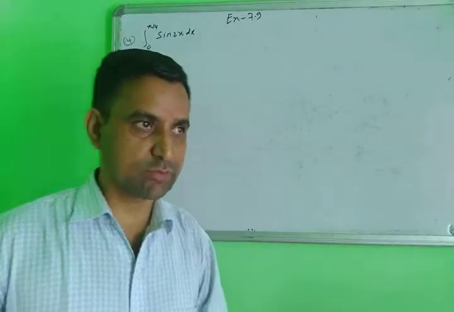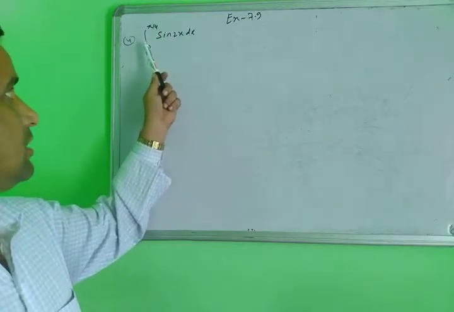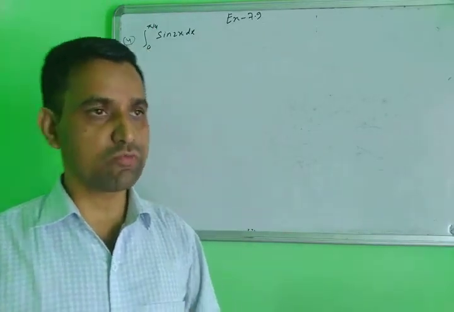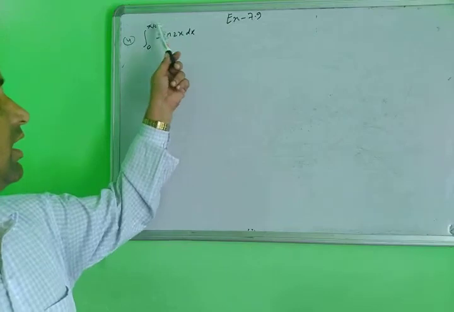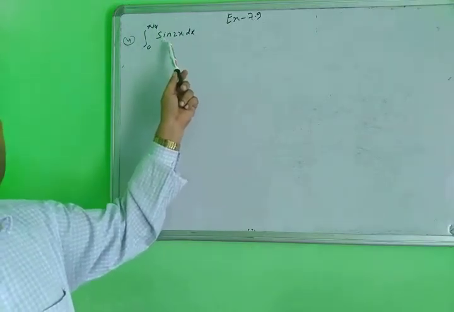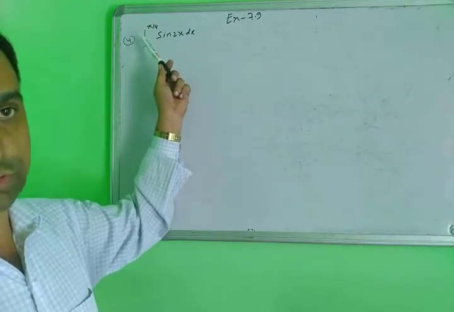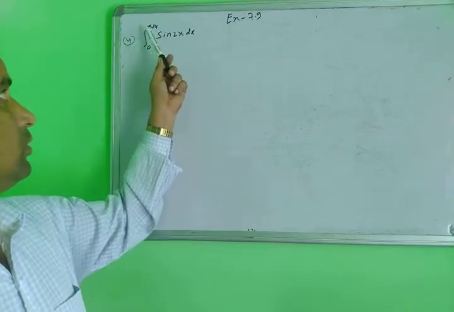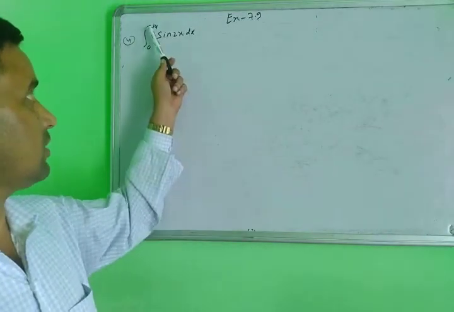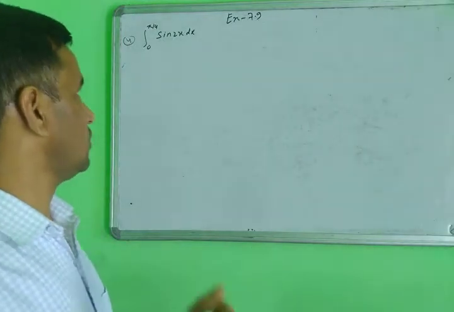Yes class. Next question, I am taking question number 4. This is a trigonometric function here, and the limit here is 0 to pi by 4. According to the function, you make the limit according to the function. Suppose you write here 1 into, this is unused here, because this is a trigonometric function: sine, cos, tan, cot, sec. But this will be according to your angles, 0 to pi by 4, 0 to pi by 6, 0 to pi by 2. According to this way, the limit will be formed according to your functions. Yes, now start the solution here.